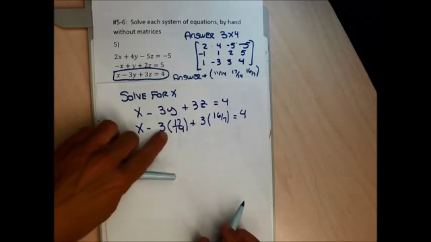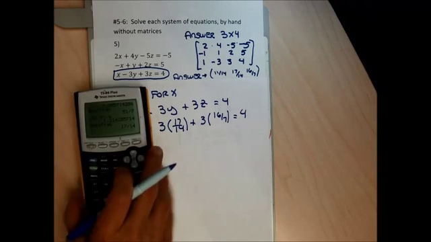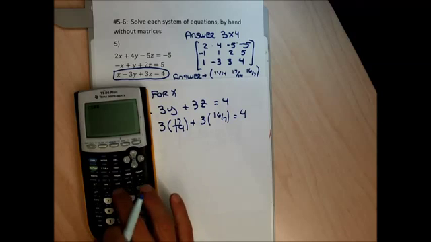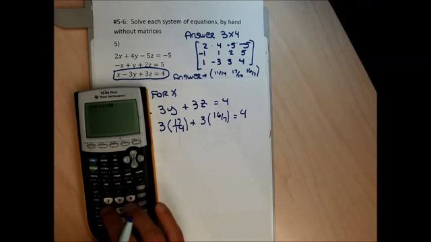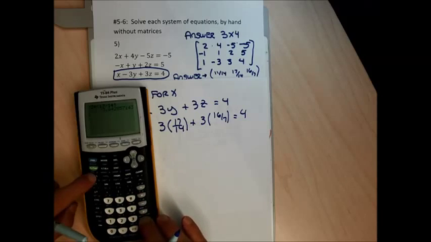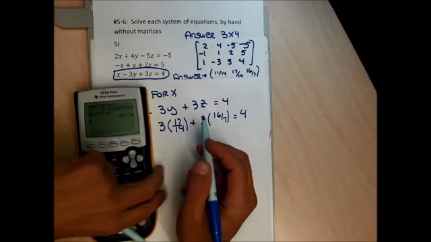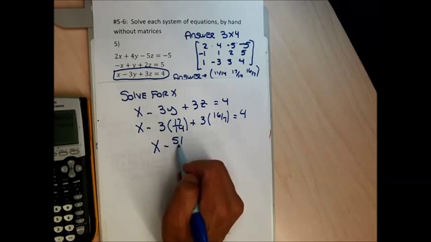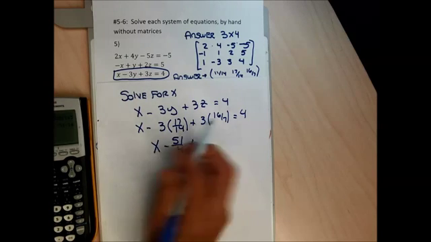So first step, I'm going to go minus 3 times 17 over 14. So minus 3 times 17 divided by 14, math, enter, enter. That's minus 51 over 14. So this is going to be x minus 51 over 14, and then plus